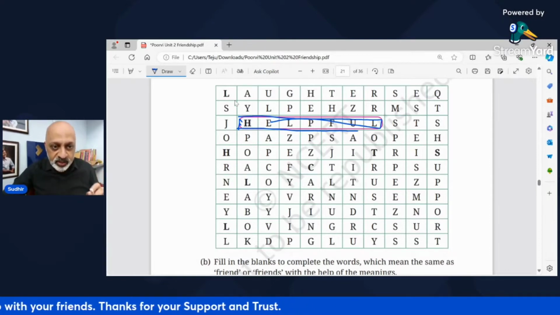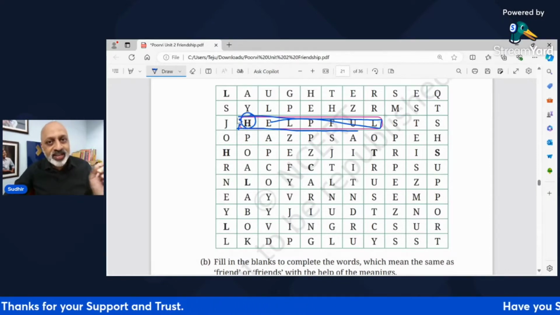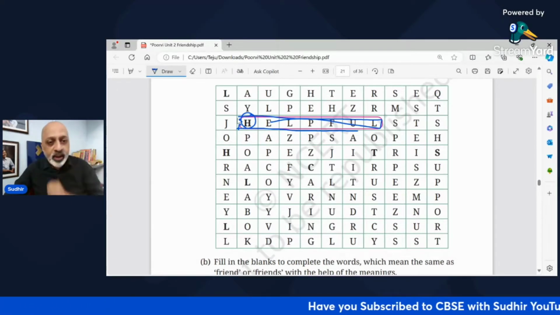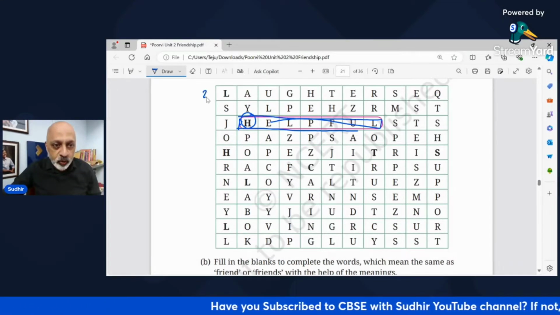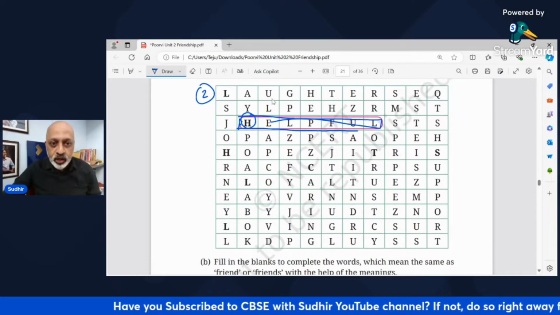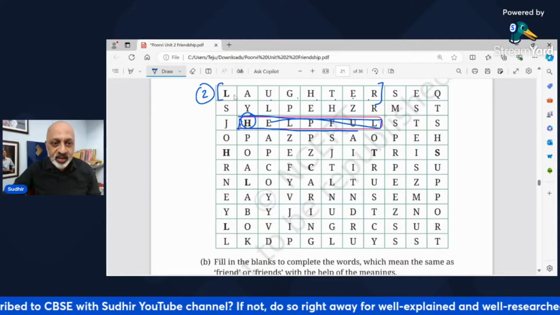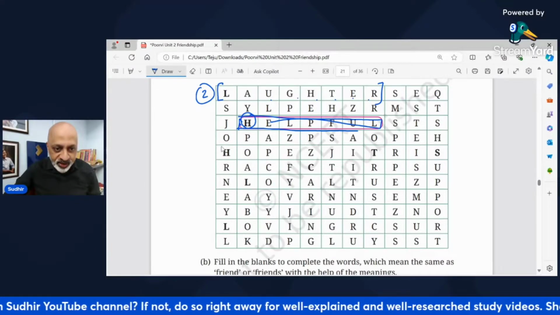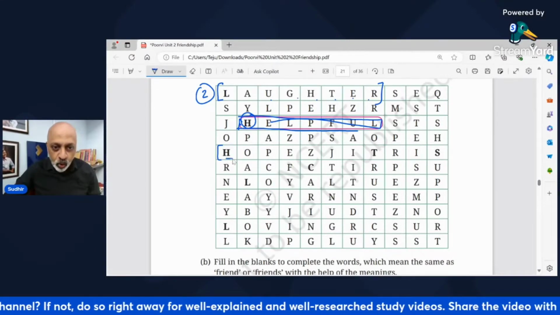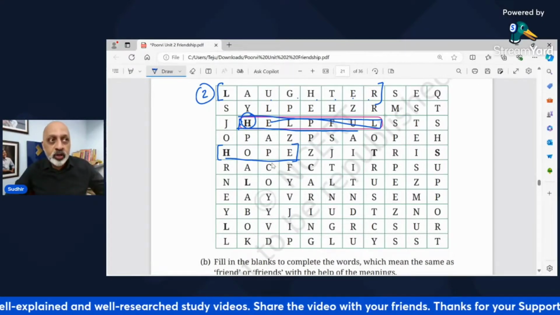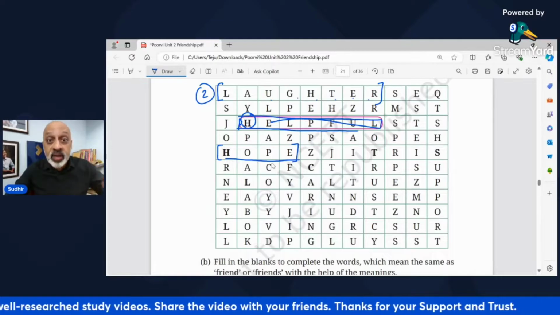See, wherever the things has been put in bold letters, that's what the word begins with, and it could be down or it could be across. So the second word would be laughter, L-A-U-G-H-T-E-R. Okay, this is the second word. The third one, we are seeing H here. So H-O-P-E, which is hope. यानी कि आप किसी चीज की इच्छा करते हैं या उम्मीद करते हैं.